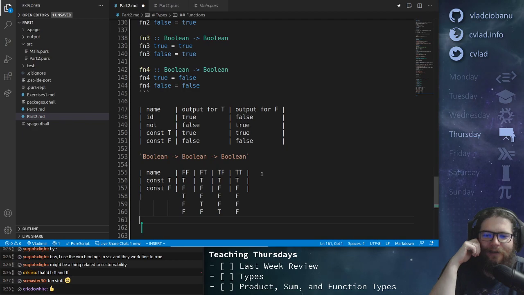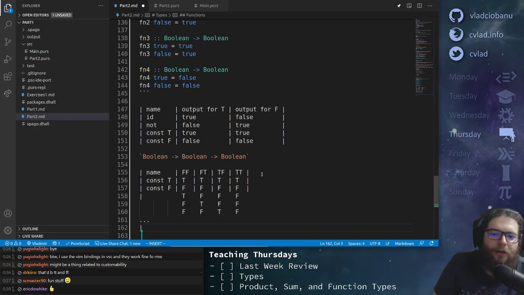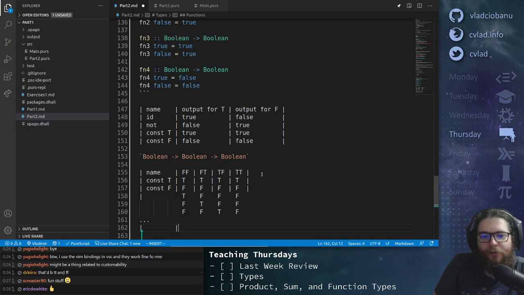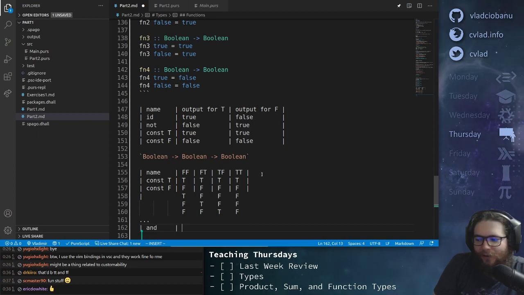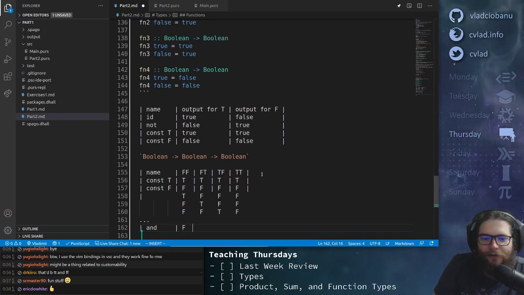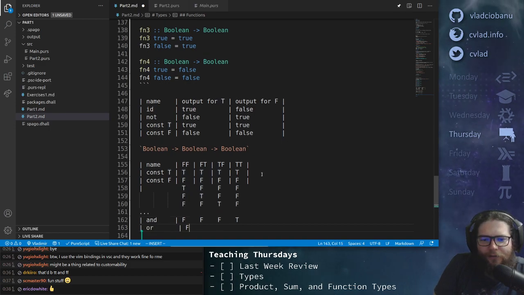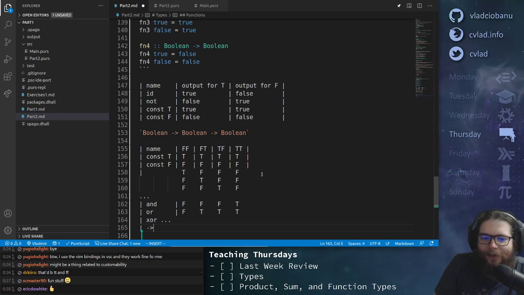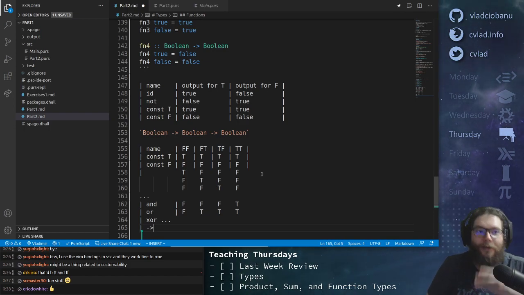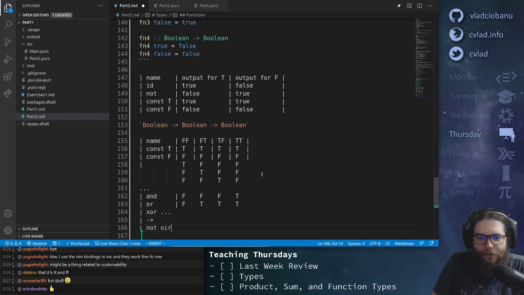But then at some point, for example, we probably also have the usual ones, because what is a function from bool to bool to bool? It's the usual Boolean operators, right? So we can have and here at some point, which is like if it's false, it's false. I think it's already one of those that we have. It's F F F T here. And then we have or, which is false, true, true, true, and then exclusive or, and then whatever. There are implications, and a few of them have a known name. And some of them could be, for example, not or,